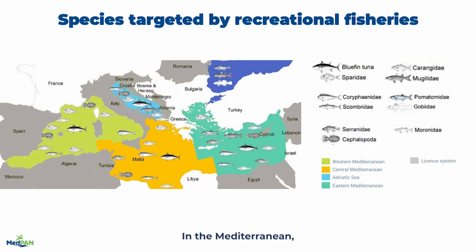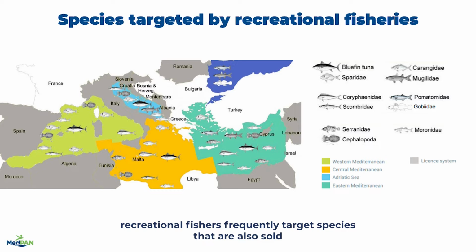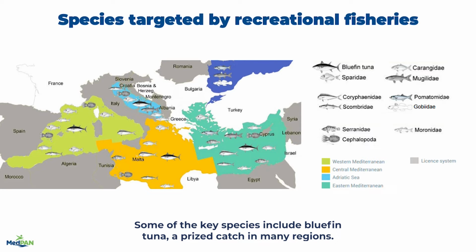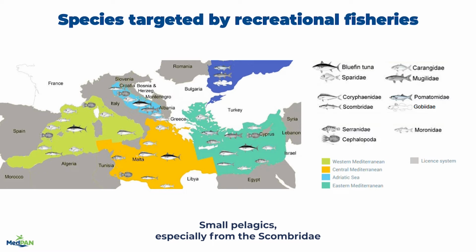In the Mediterranean, recreational fishers frequently target species that are also sought by commercial fishers, both in large-scale and artisanal sectors. Some of the key species include bluefin tuna, a prized catch in many regions, small pelagics, especially from the Scombridae family such as Atlantic mackerel and Atlantic bonito, large pelagics, notably Carangidae like greater amberjack and leerfish, but also Xiphiidae like swordfish,